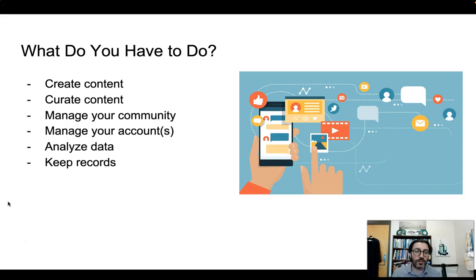If you are in charge of, say, an organization tied to your discipline, or even like a listserv or a group of people who are focused on a research area, you may have to do something where you are actively managing your community, reaching out to those people, letting them know about opportunities to spread their own research and knowledge. So it depends on how much effort you want to put into that and whether you're involved in communities outside of your university setting, but that may take some additional work as well.